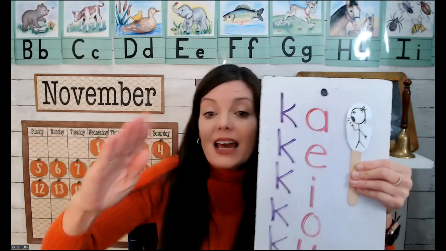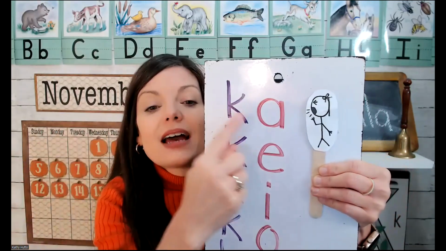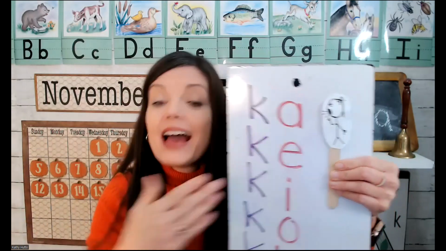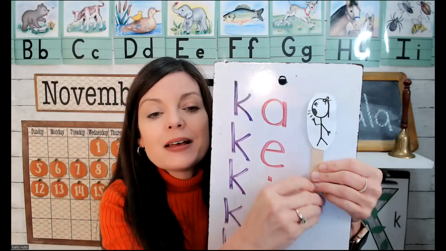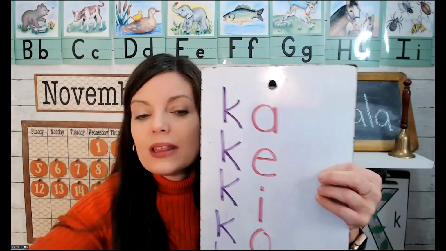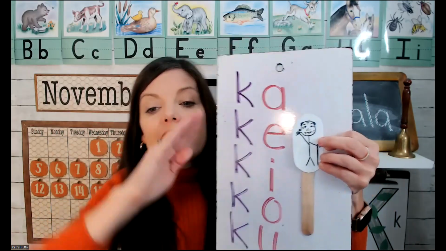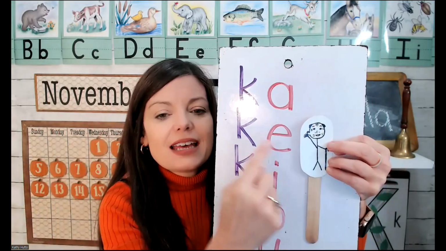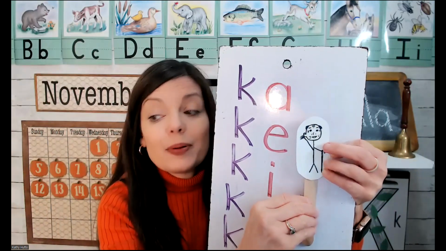Letter K says K, and letter A says A. K, A, Ka, Ka, like my name, Kathy, Ka. Okay, let's do the next one. It has K with letter E. E looks like Old Man E's ear. K, eh, k, eh, ka, ka, like ketchup.